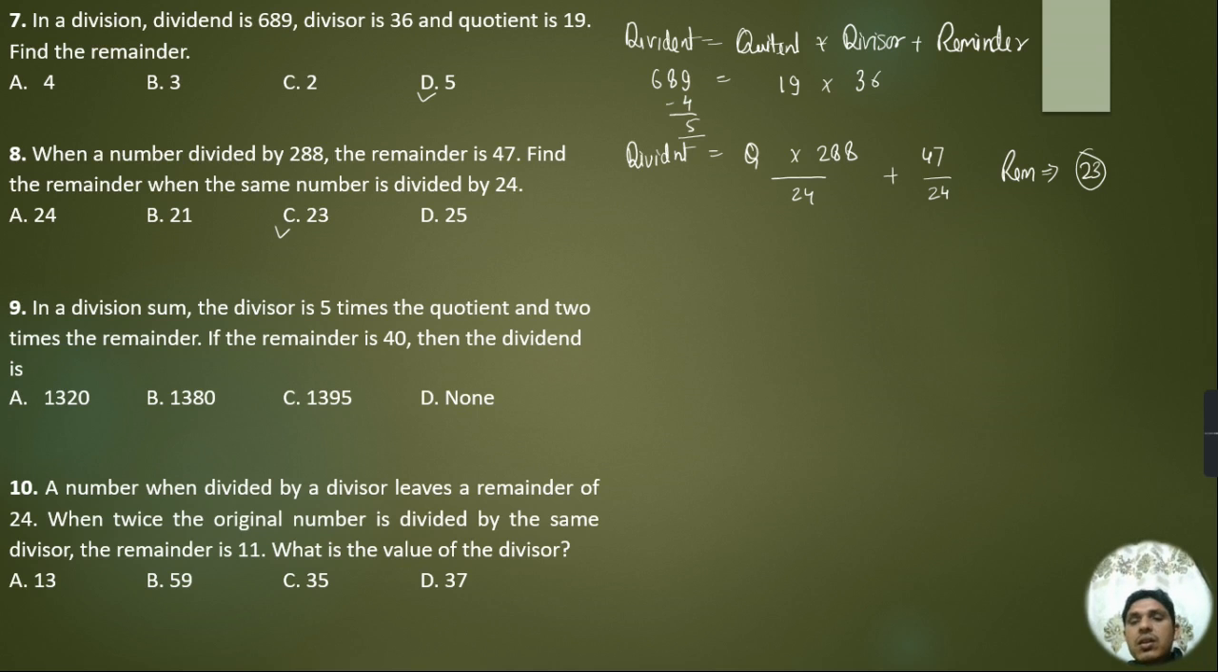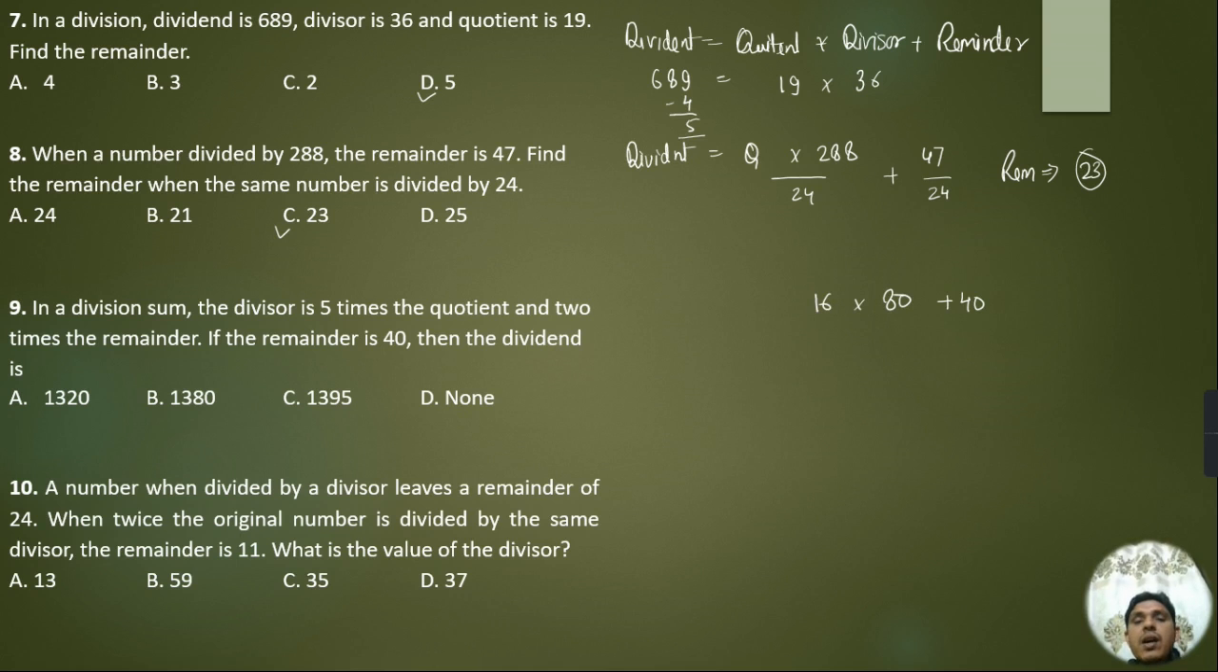So students, here the clear thing that you are given: the remainder is 40 and the divisor is 5 times the quotient and 2 times the remainder. That means if we find out the divisor, the divisor is 2 times the remainder, that means 80. And divisor is 5 times the quotient, that means here quotient will be 16,